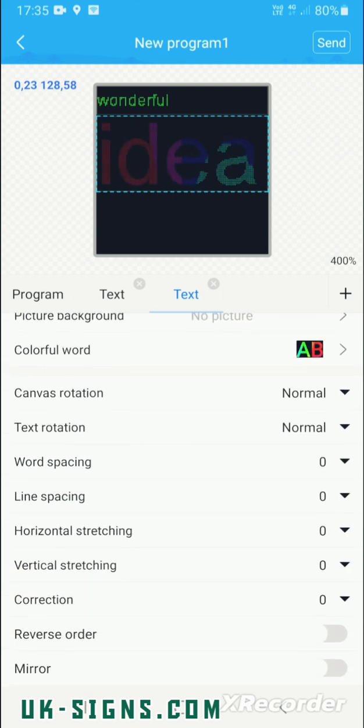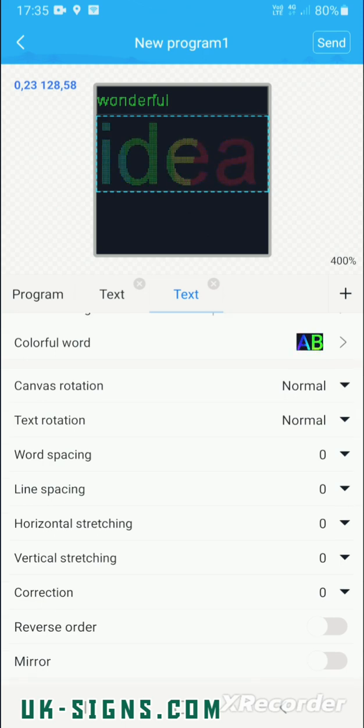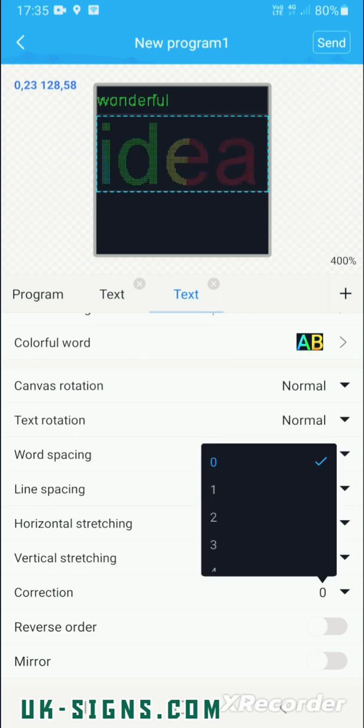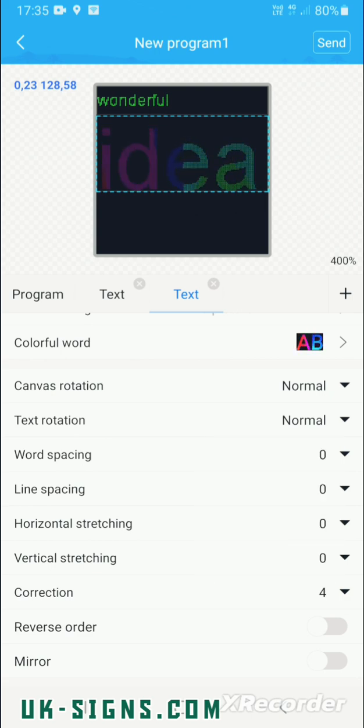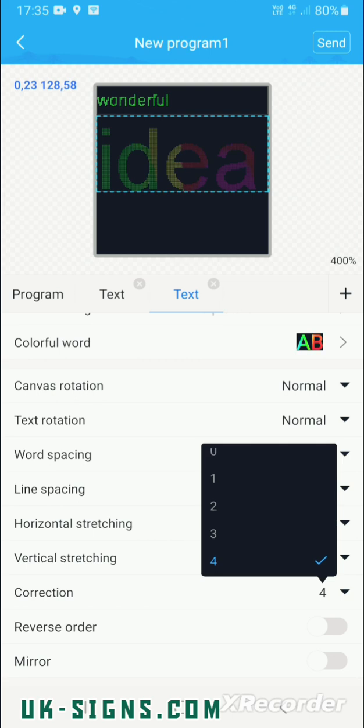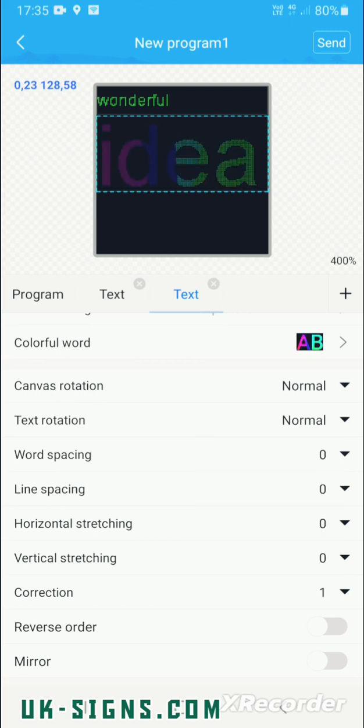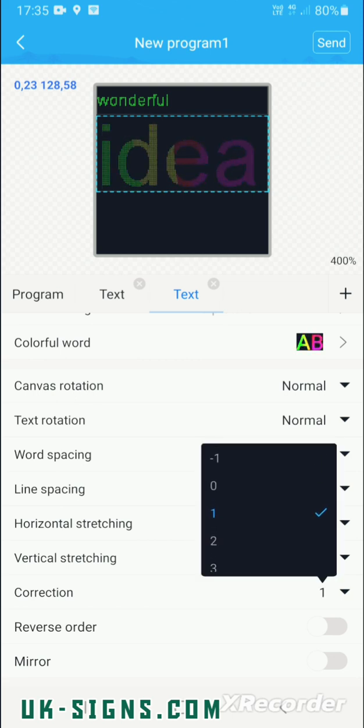That is if you've got the multicolored sign. You've got this correction thing here where you can bump it up a tiny bit or down a tiny bit,